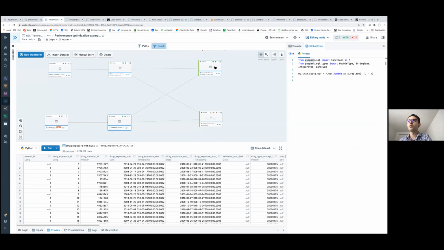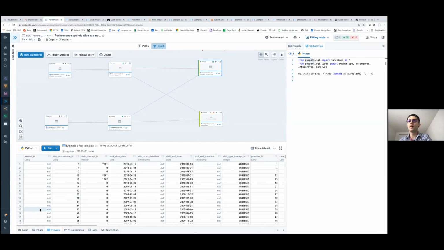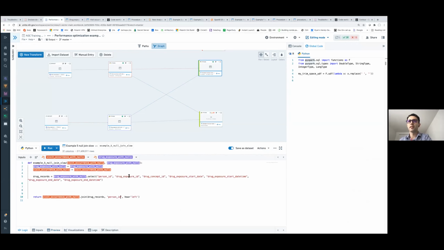So when I'm performing this join here, this is very inefficient because I'm joining my visit occurrence table with my drug exposure table on person ID, a column which in both data sets has a high percentage of null values.